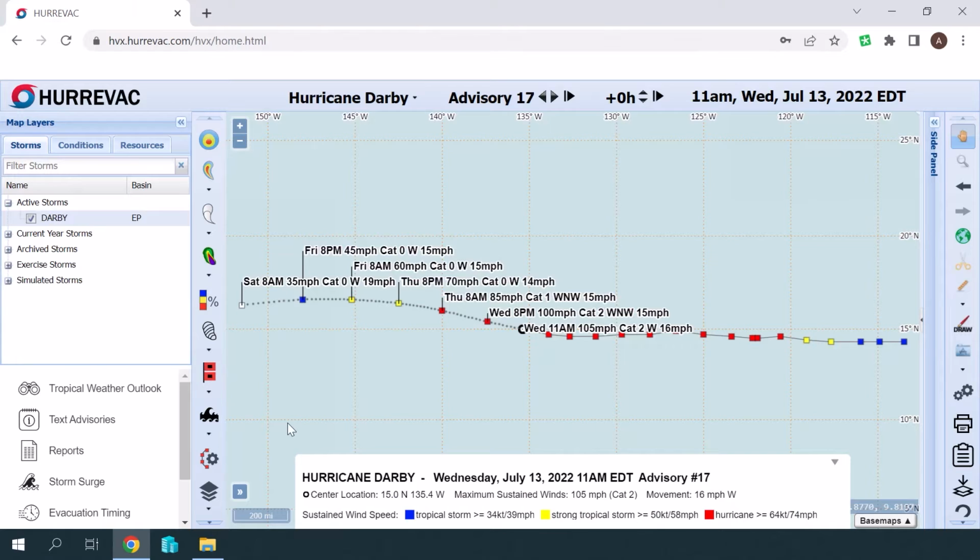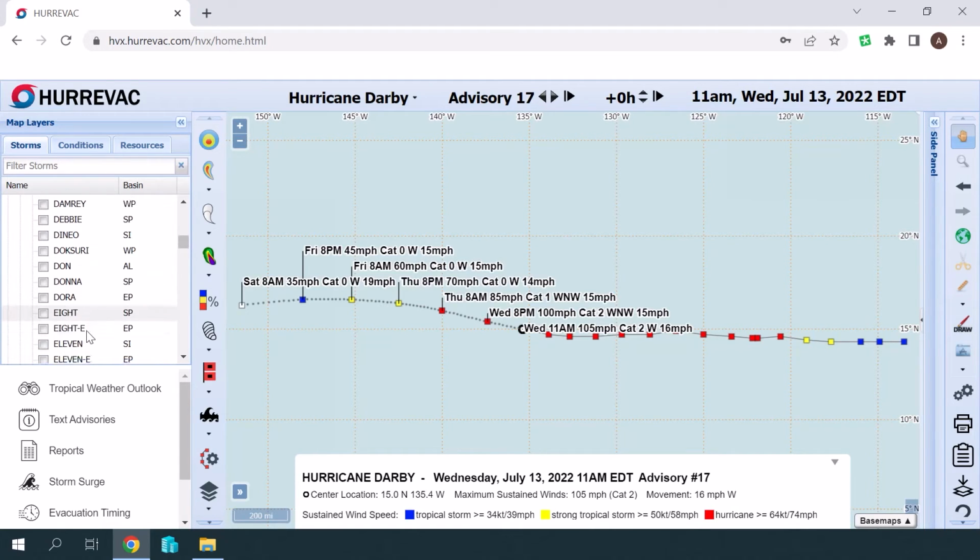While viewing the types of storm data available for download, note that each storm is assigned a unique ID. This can save time when using HIT. If the unique ID is known, you can enter it directly into HIT without having to use Hurrevac filters to locate your storm. Hurrevac Web can be used to: